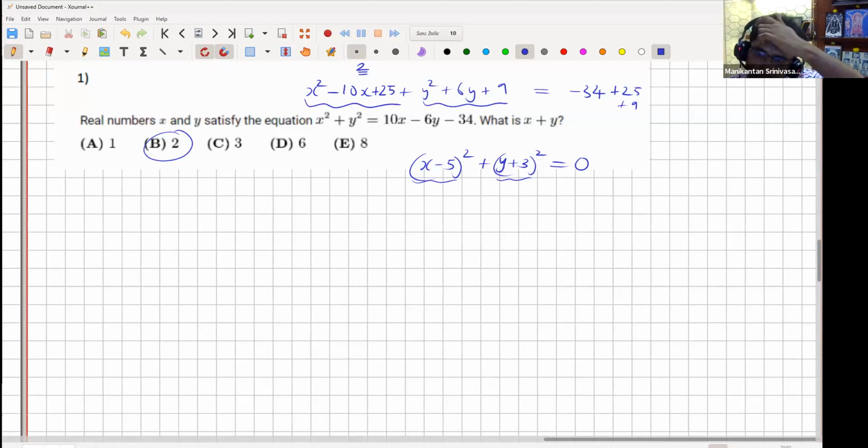Yeah, Ananya, go ahead. So since you have 0 on one side, you can say that if you get x is equal to 5 and y is equal to minus 3. But why does x have to be 5 and why does y have to be minus 3? So that's because if you